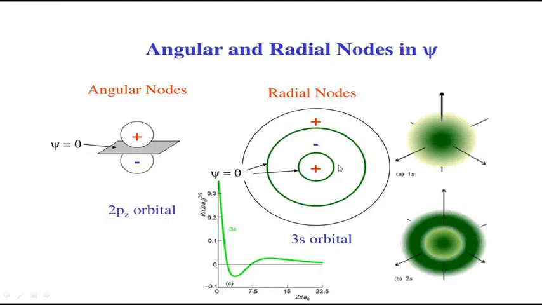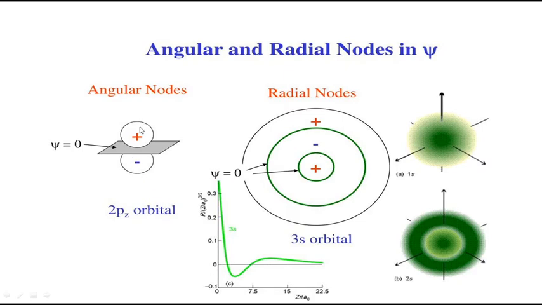Now what is a radial node? See, radial node means sphere. Is it not? An s orbital has a sphere like this. Everywhere in the sphere you are capable of finding the electron. But once you come out of this shell, then you cannot find the electron in between. So that is a radial node. In this region you cannot find the electron, only in this particular region you can find it, but outside the region you cannot. That is a radial node.